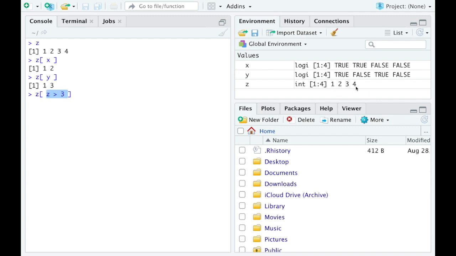It's going to look through the 4 elements here. It's going to see that the first 3 are not bigger than 3, so that's going to be false, false, false. It's going to check the 4th one, and it's going to say, hey, that's a true. So what should happen here is I get a number 4. In fact, I do. So that's how I can use the filtering